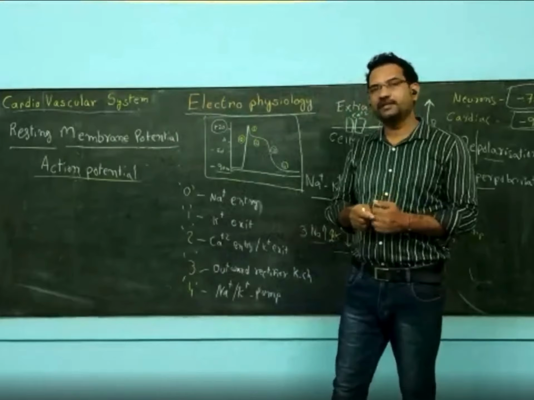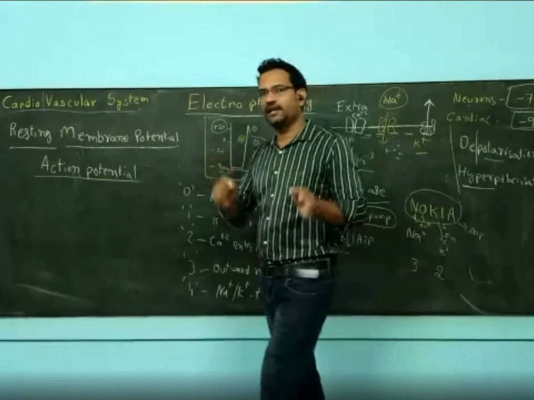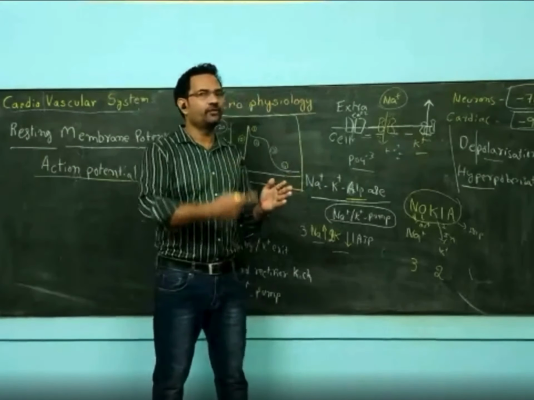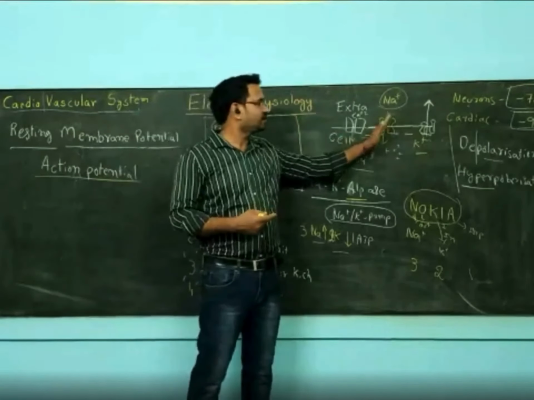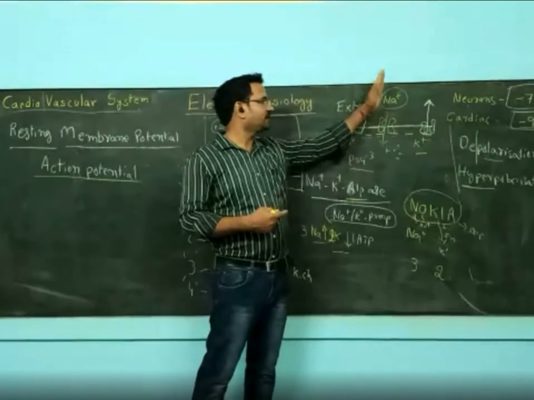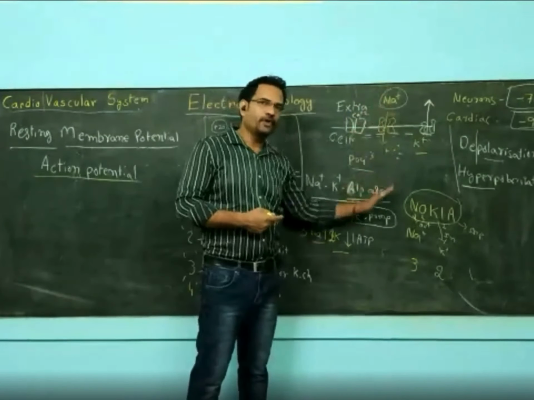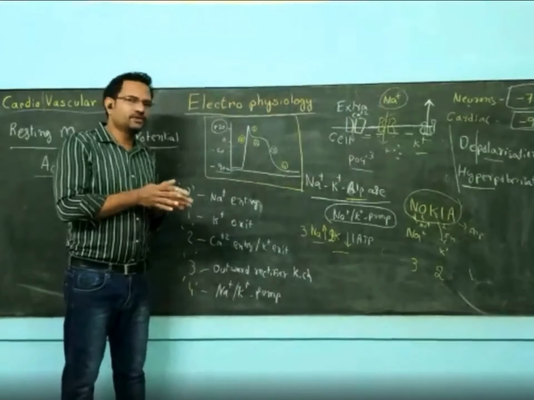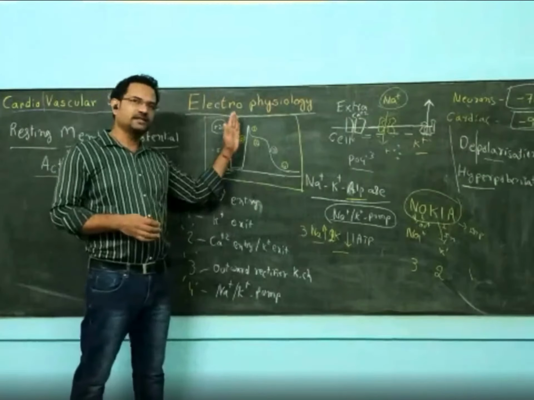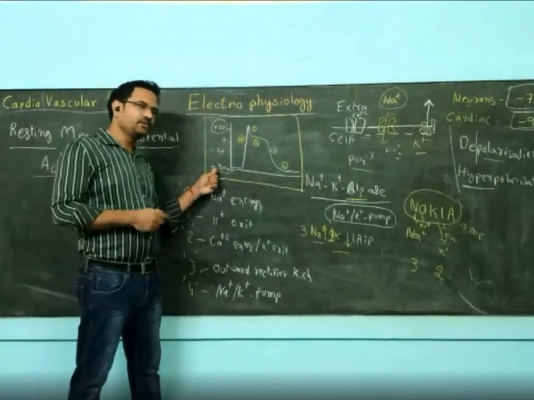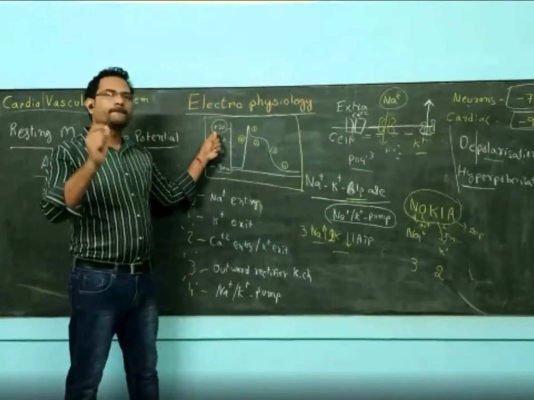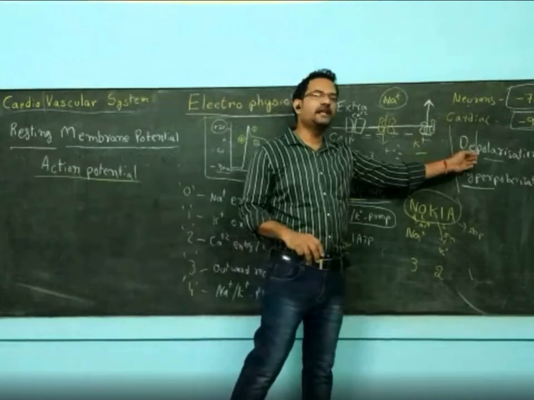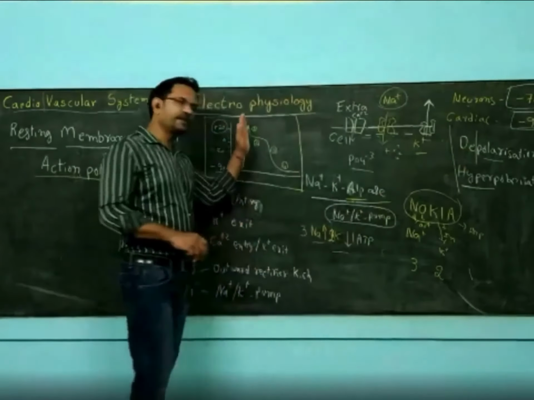When I explained about receptors, I told you about voltage-gated ion channels. Voltage-gated means the gate opens and closes when there is a change in voltage. So when voltage is changed, the sodium channel opens, and that opening increases the positive potential because sodium comes inside. This is what happens in this zero phase. Once the sodium channel is opened, all the sodium rushes inside the cell. Instead of minus 90 millivolt, the charge is converted to plus 20. This is opposite to the normal polarization, hence it is known as depolarization. So, rapid rise of depolarization.